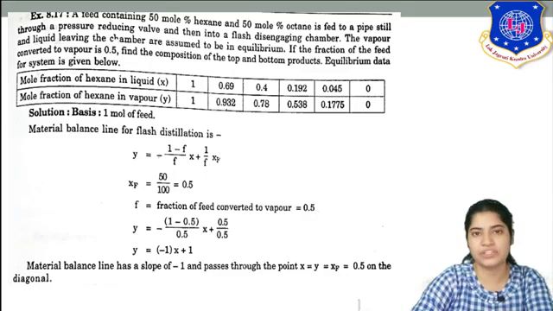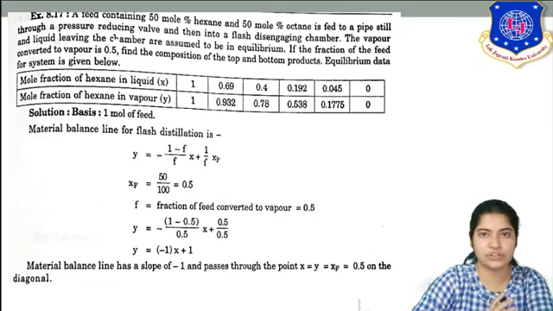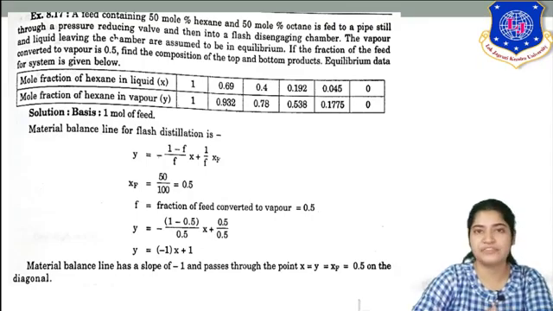So what is that equation? That is your operating line. So you have to remember that equation. So what I did here: XF, you know XF is the given concentration of feed, right? The composition of feed, that is 0.5, hence XF. So what is F here? The fraction of feed vaporized. It is also given as 0.5.